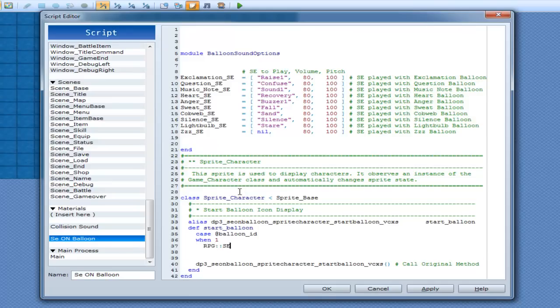RPG SE.new balloon sound options, because there's a module, remember, and exclamation XE, and then get rid of that. And now it's gonna be like, hang on, I can't do this. Well, actually, yes you can, because if you can recall from the first script we made, if you put an asterisk in front of the array, it just gets rid of the square brackets, so it's going to pass in raise. Now before you finish that off, you have to go in if,